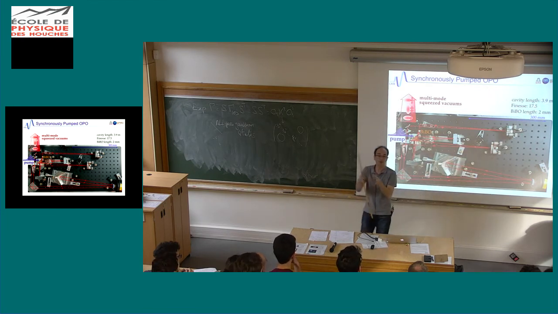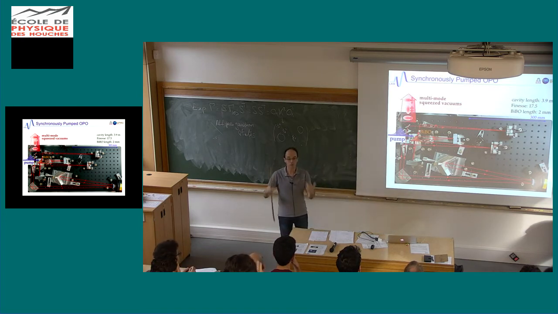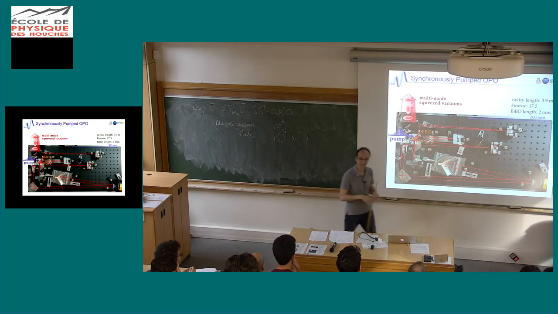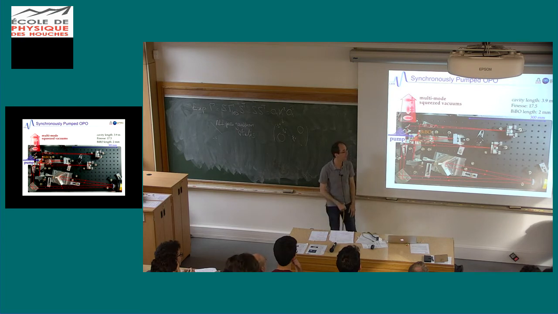Because you want the length of the cavity to correspond to the distance between two incoming pulses. If you're an optician, what it means is that the free spectral range of your cavity corresponds to the repetition rate of your laser. Okay? And finally, in a more pragmatic way, it means that the length of this cavity is the same as the laser cavity length, so that they have the same resonances. Okay? At the end of the day, that's what you do.